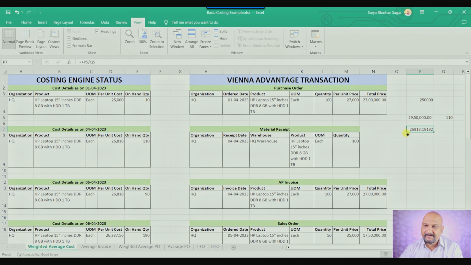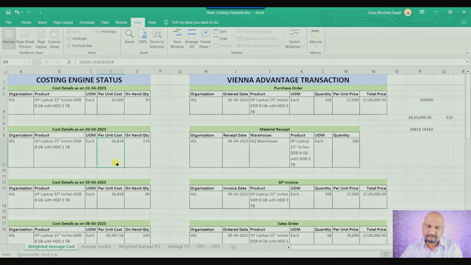The reason I'm considering the PO price, even though my costing method is weighted average cost, is because the AP invoice has not come so far. If the AP invoice does not come, I won't be able to figure out whether there is any difference at the level of the AP invoice or not. So since there is no difference, I have entered my AP invoice and there is no difference, and hence my cost is going to be